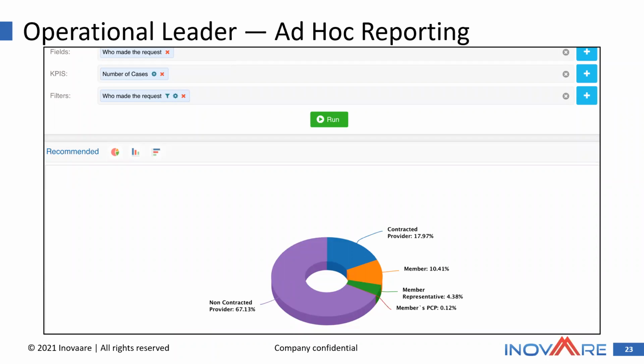And pie charts are really helpful, especially when you look at percentages. So this one is who made the request. You can look at it quickly and say, okay, how many were based on non-contracted providers or contracted providers, member, the representative, PCP. These pie charts really help break that down for you in a nice, easy way to view it. And then last but not least,